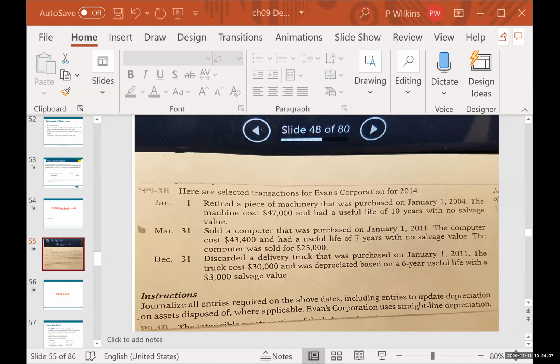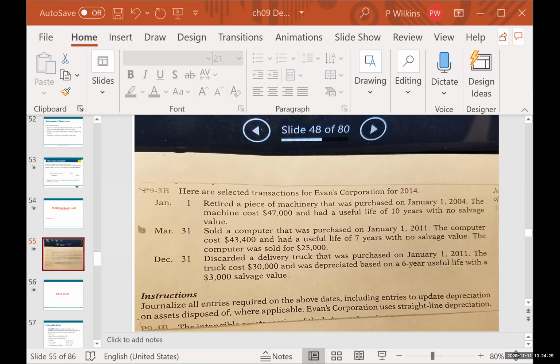Okay. All right. So we are doing problem 9.3b, which is not in the book. It's from the old book. When they redid the version, they took this problem out. I don't know why. It was a great problem. So that's why we're doing that problem. So we're going to work on these one by one. All right. Now,